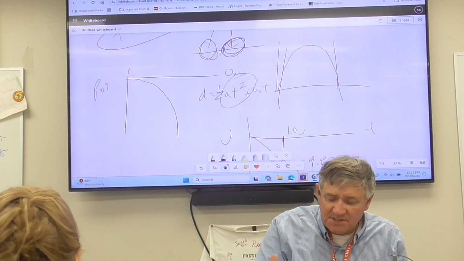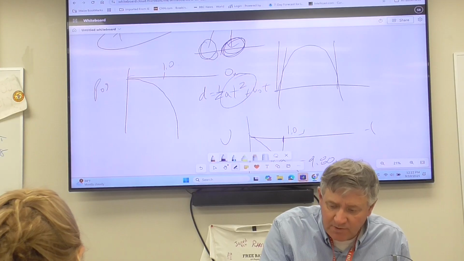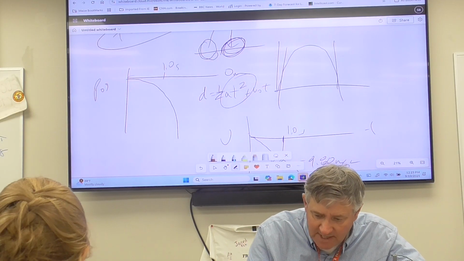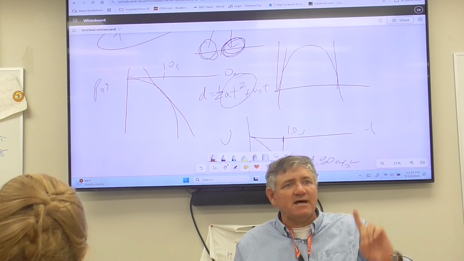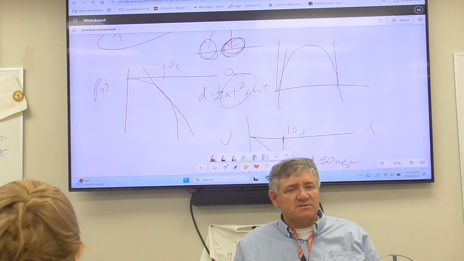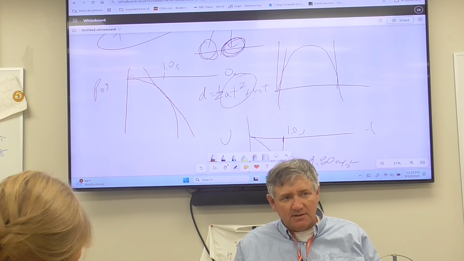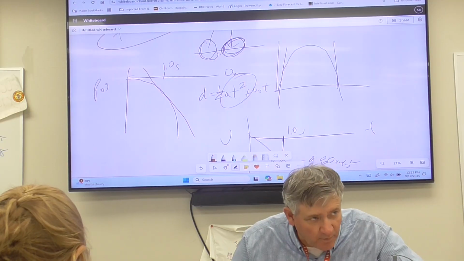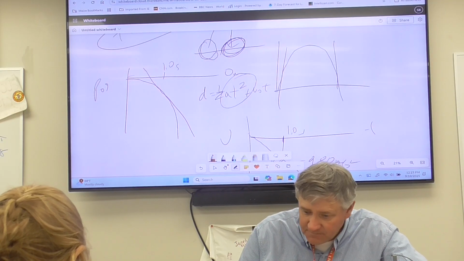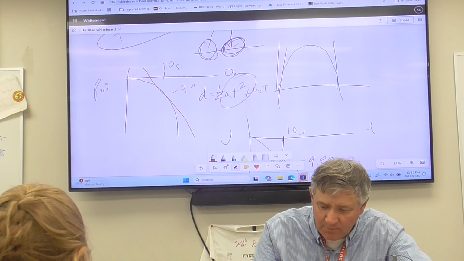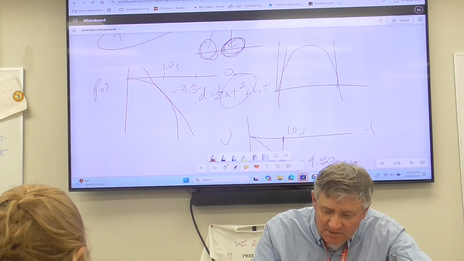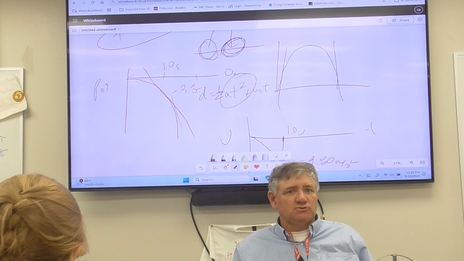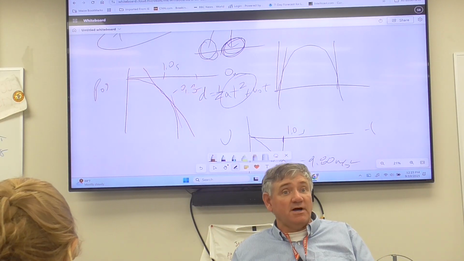So this is where this comes together. If you were to come out here on your position-time graph at 1 second, and you were to draw the tangent line at 1 second, what would the slope of the tangent line be? It had better be -9.8 meters per second, because that's how fast it's going at 1 second. At the end of 2 seconds, what would be the slope of the tangent line? Twice as much, -19.6, right?